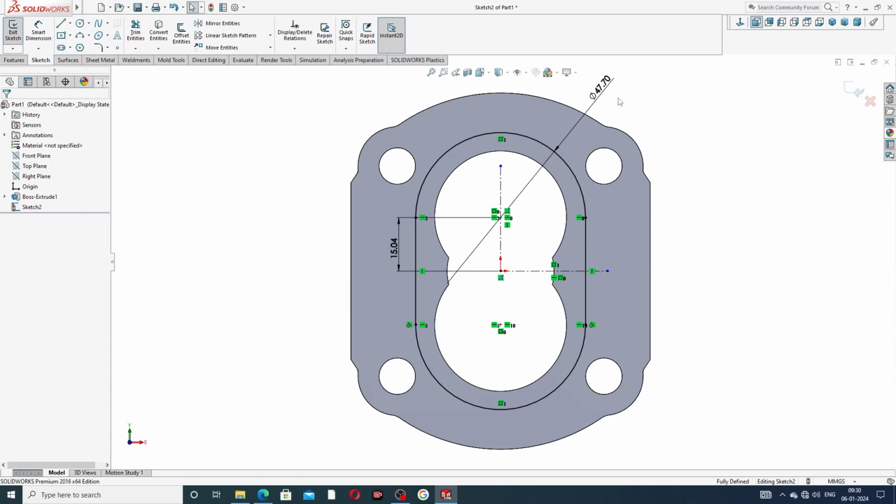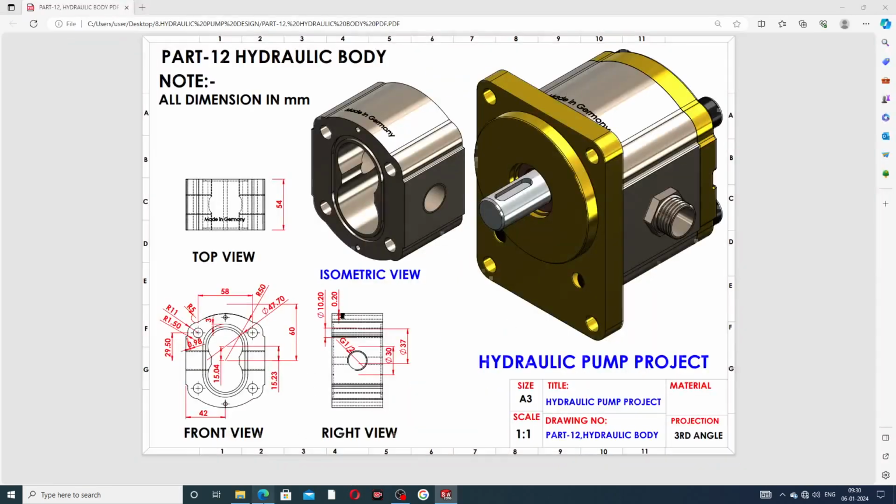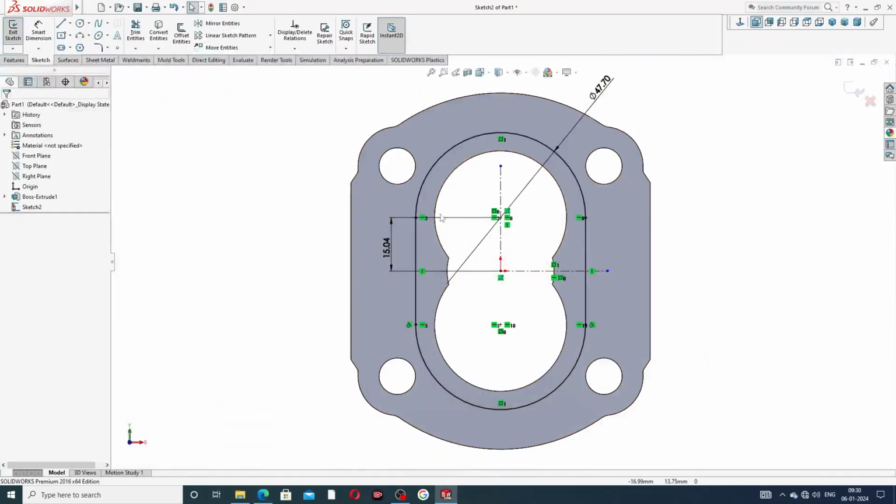This is 47.70 and 15.40 is the perfect drawing here. This is 47.70 and 15.04 millimeter is the perfect drawing here, and this offset is 3 millimeter in the reverse direction,